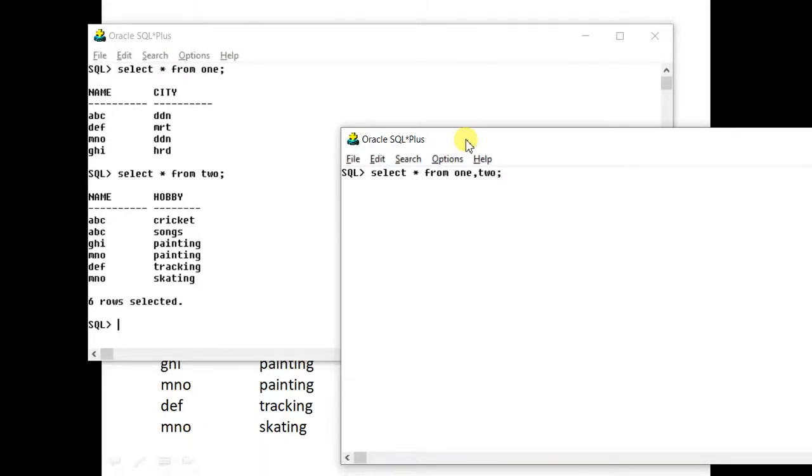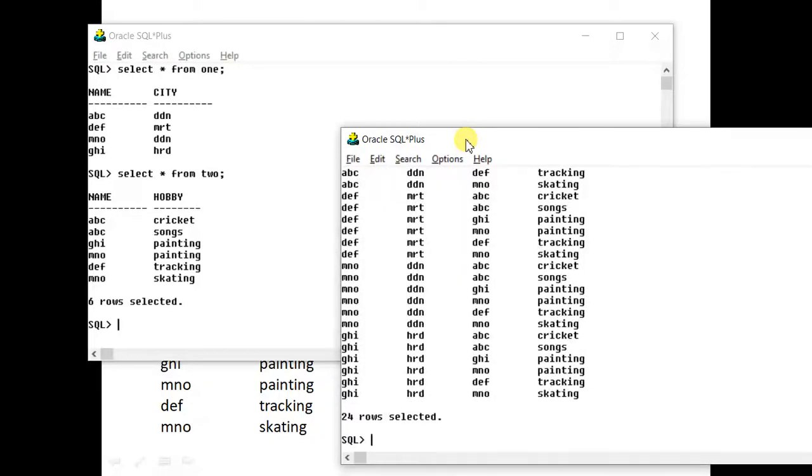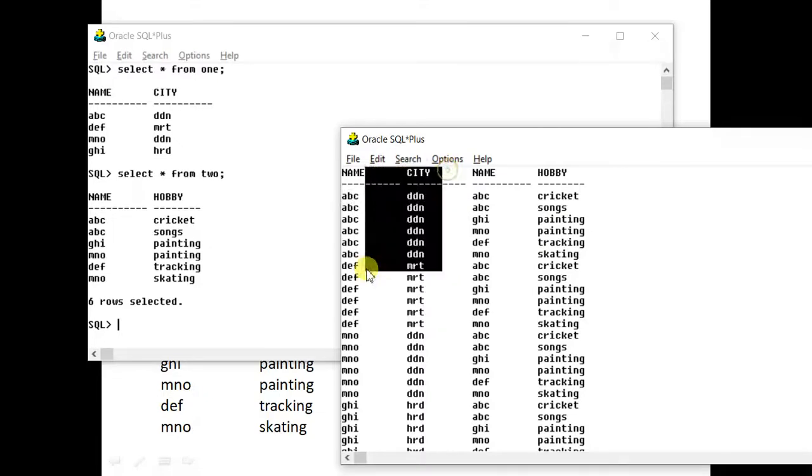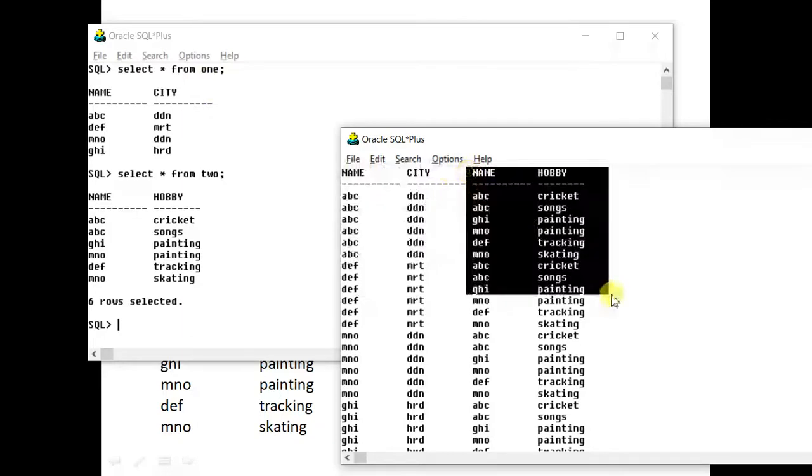Now, first of all, just try to run this. What will come? Yes, Cartesian will come. Now what you can see is that ABC has a pairing with all records of the second table. It means the first record of this table will have pairing with all. You can see ABC, ABC, ABC song. So this portion is coming from one table and this portion is coming from two table.